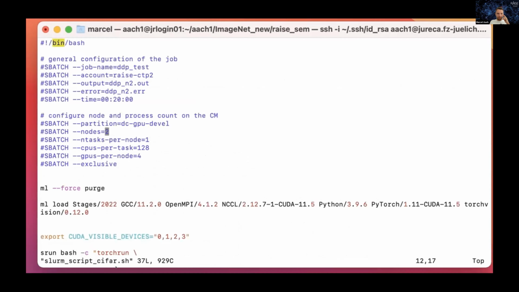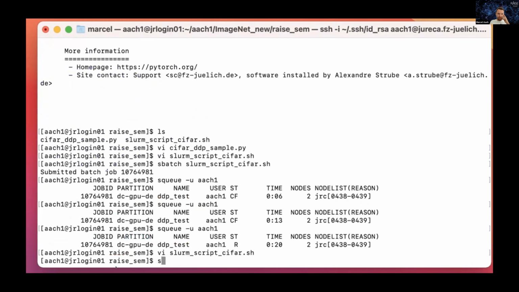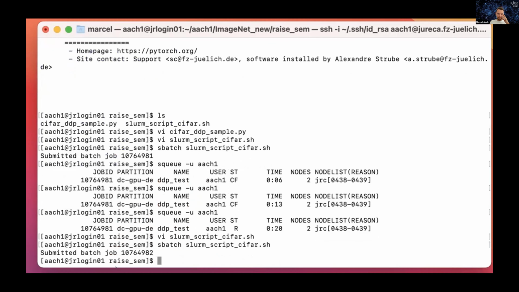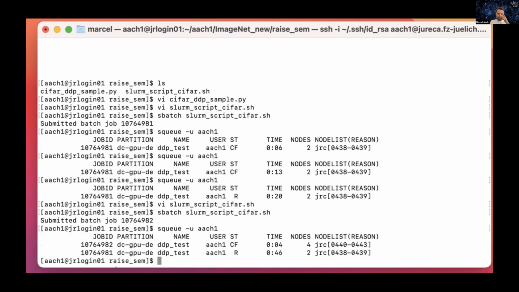As I said, I want to show you a small scaling test. So now we change the number of nodes to 4, so twice the amount. Save the whole thing, and with sbatch again submit a job. And now as I do the sq command, I can see that both of my jobs are already starting. One is configuring and the other one is already running.